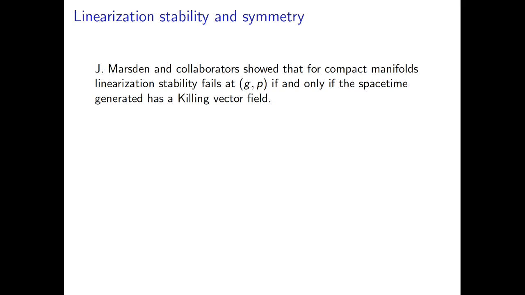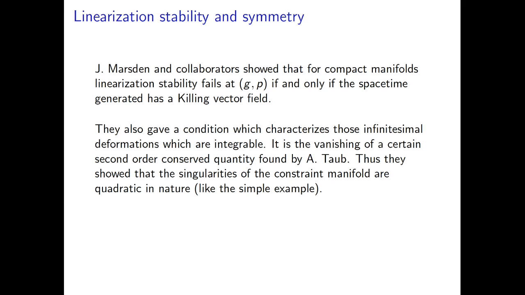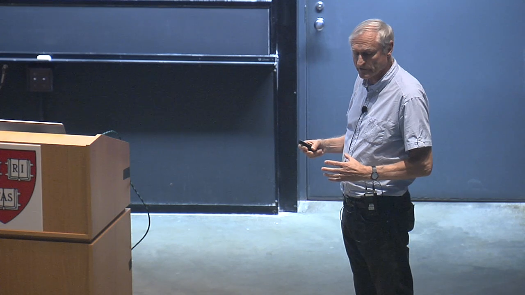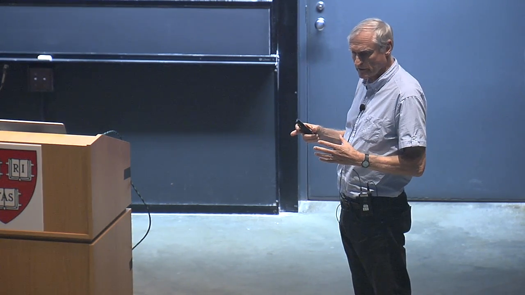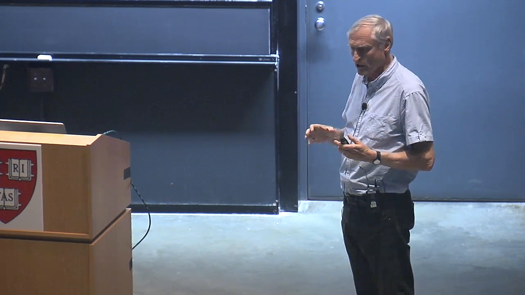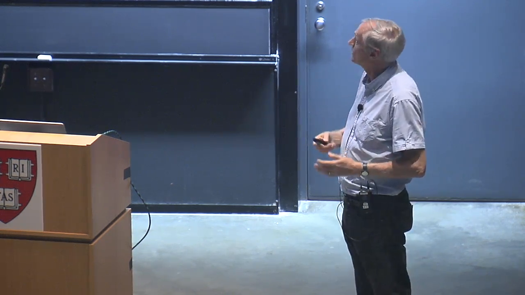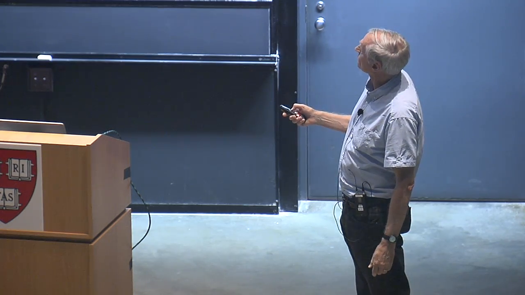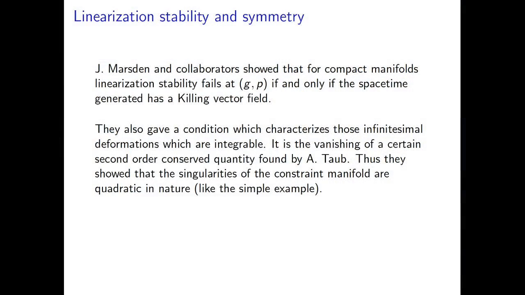That's the general idea. And actually, these same authors, Marsden and many collaborators, during the 70s gave a condition which characterizes the infinitesimal deformations that can be integrated. It's the vanishing of a certain quadratic tensor. So essentially, they showed that the singularities in the constraint manifold are of a quadratic nature. There's a precise quadratic term which vanishes. This is all in the compact case. So for compact